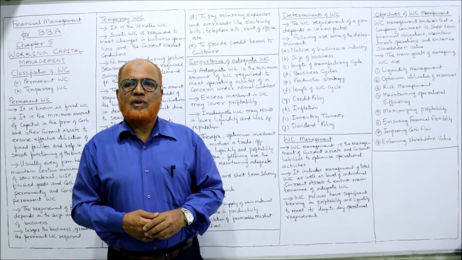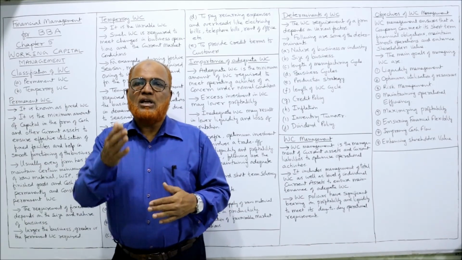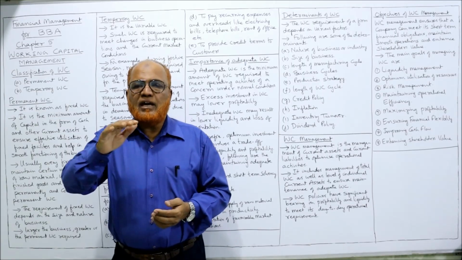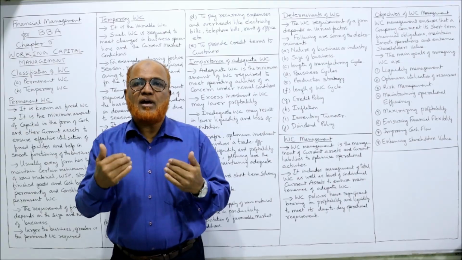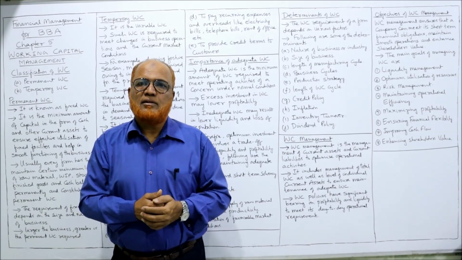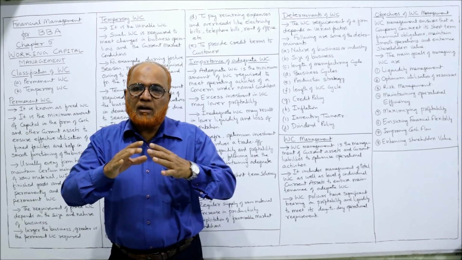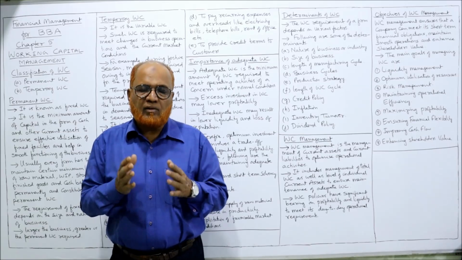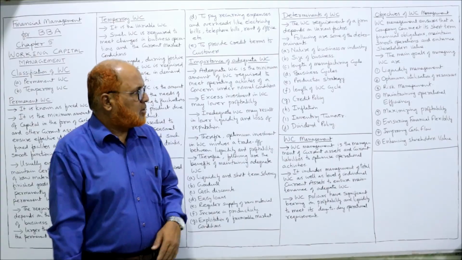Inventory turnover. What is the inventory turnover ratio? It is the ratio at which inventory is converted into sales. If the inventory turnover ratio is high, that means frequently we are getting the money from sales. In that case, less working capital is required. But if the inventory turnover ratio is low, that means we have to wait to get the money from the customers. More working capital is required.